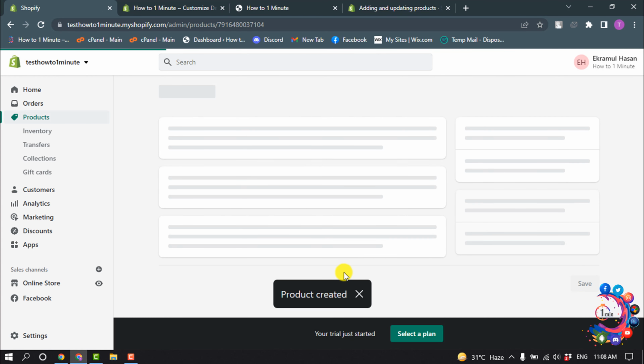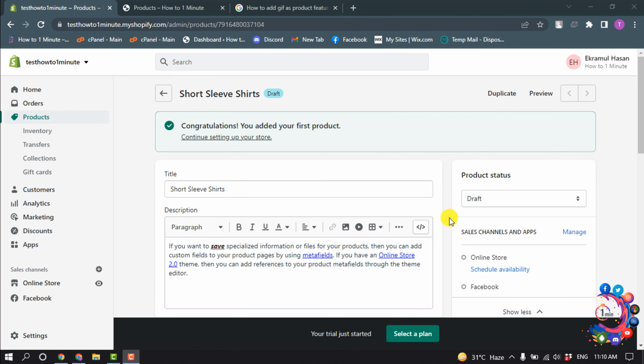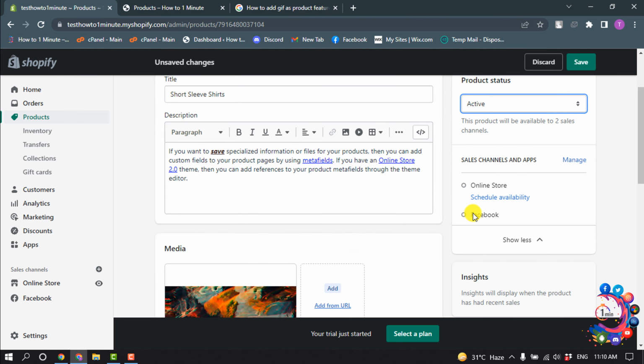and here you can see I have successfully created a product. So here you can see product status right now is in draft. So click on this drop down and select active, and you can manage sales channels and apps, and click on